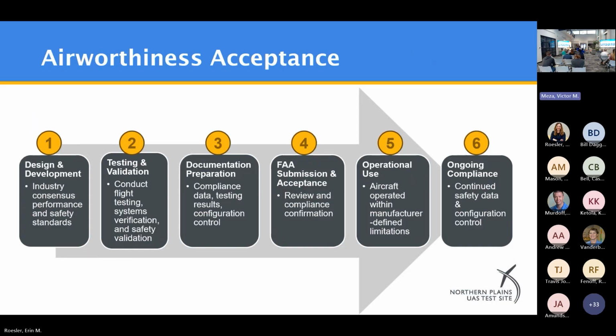Airworthiness acceptance. So, second box on that chart is the airworthiness acceptance piece. And a lot of this onus is on the manufacturers. It was a challenge for the BVLOS ARC at the time to write really strict standards on how we design requirements in rule that are future-proof. Because we knew at the time in the BVLOS ARC that we were trying to come up with airworthiness requirements for aircraft that weren't even conceptualized yet, which was a huge challenge.